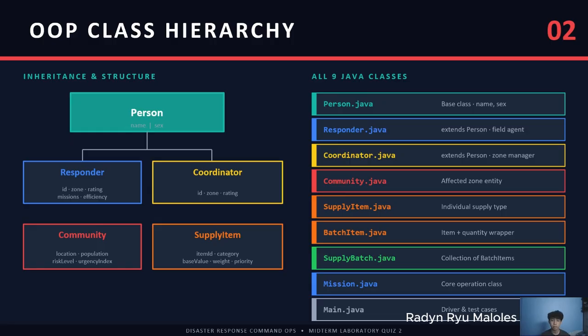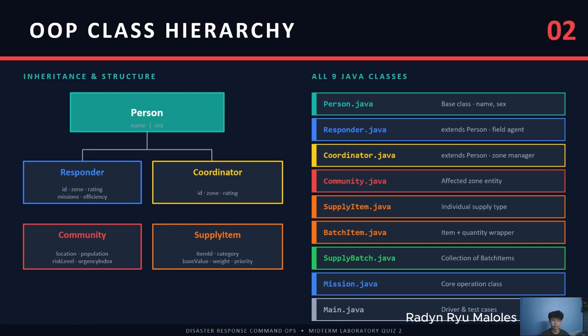First is the people module, which manages our personnel, such as responders and coordinators, using role-specific data. Second is the communities module, which represents the affected zones and tracks vital metrics like populations, risk levels, and dynamic urgency. Third is the logistics module, which handles supply items that are grouped into functional batches with calculated values, weights, and priorities. Finally, the missions module serves as the central hub, combining our responders, affected communities, and supply batches into unified